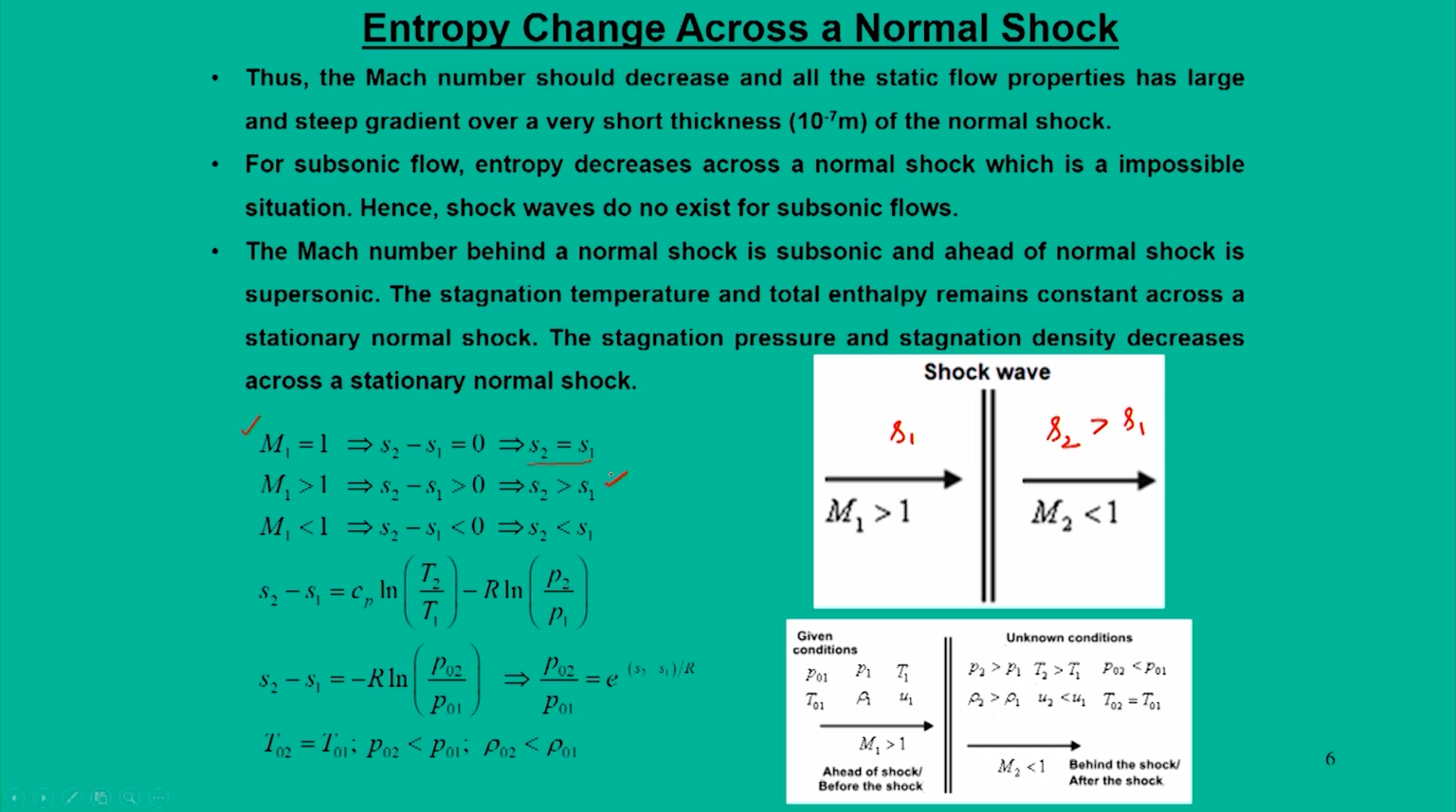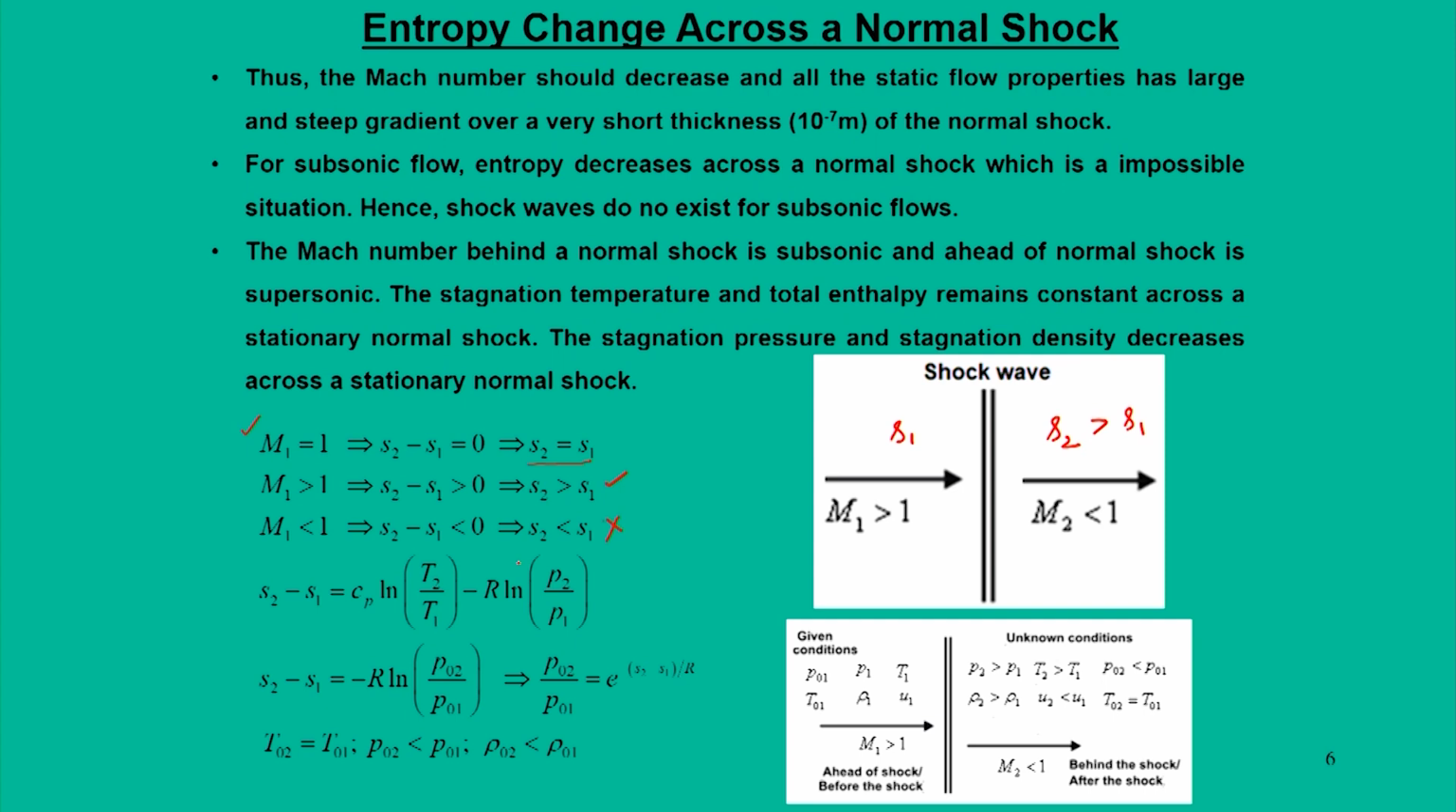Now, let us see if M1 is less than 1. When M1 is less than 1, S2 is less than S1, which means such a condition is not possible. So, M1 less than 1 means the flow is subsonic, and in a subsonic flow we cannot use that equation. That means the entropy decrease is not allowed in a subsonic flow,